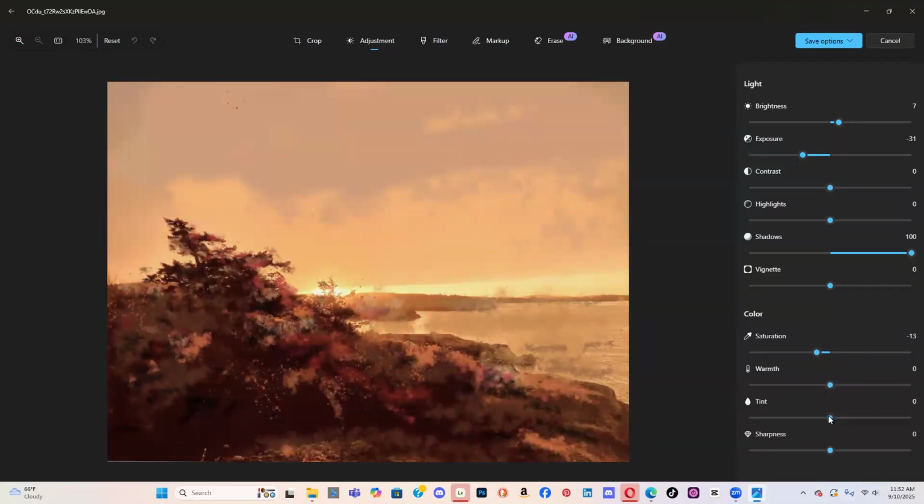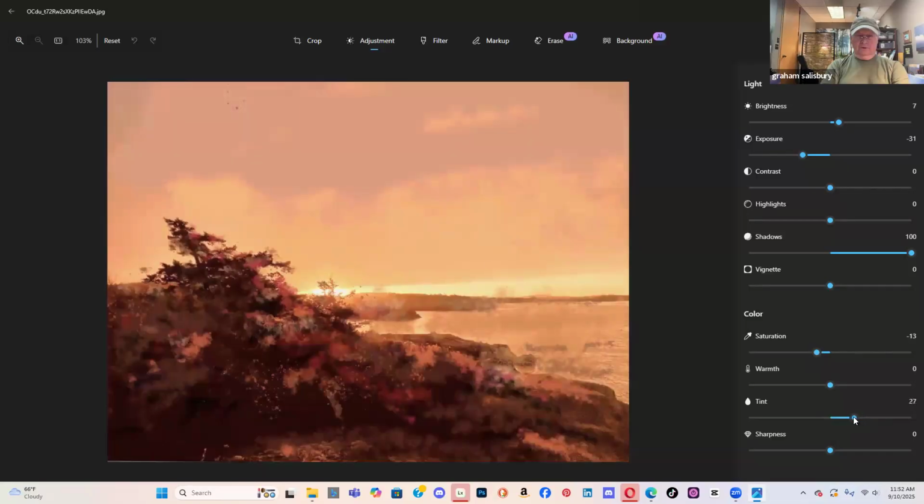Tint. Tint is where does the color lean on the color wheel? So I'm going to go up this way and it's going to go towards reds and purples. So all of a sudden right here,